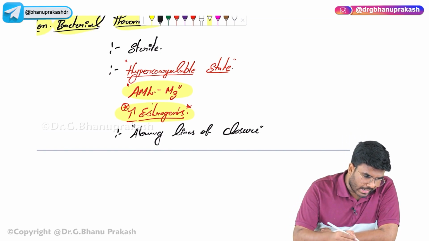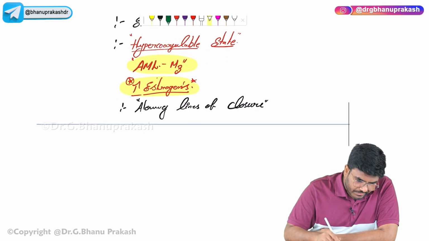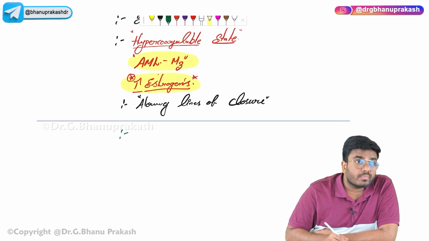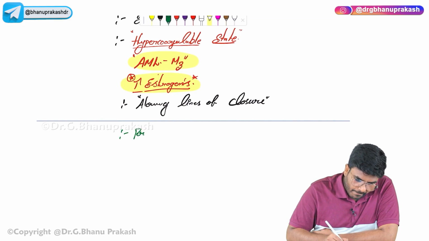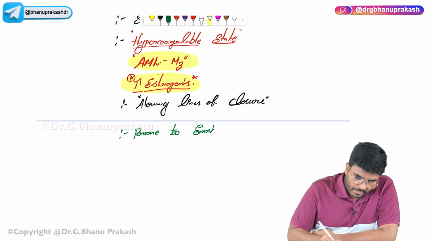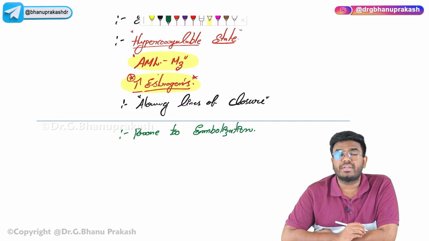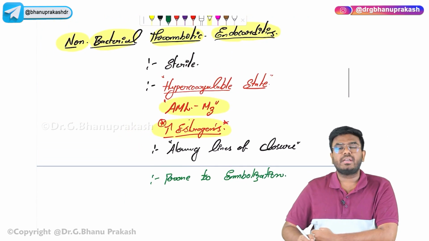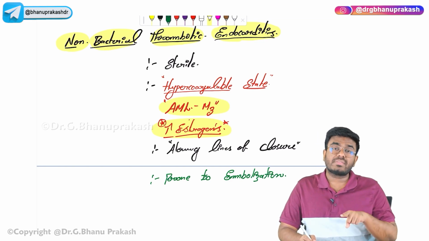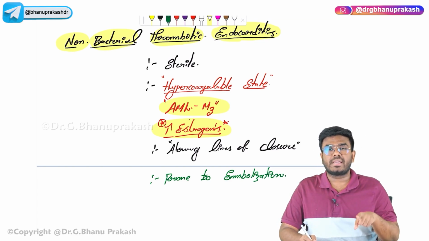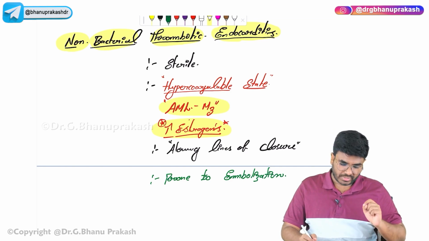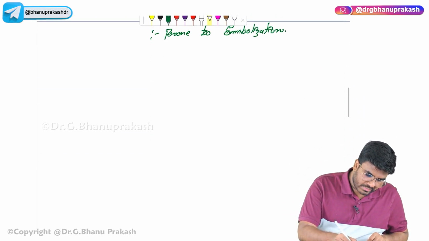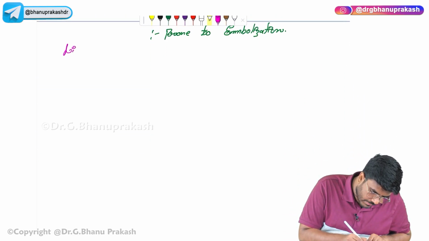So, will they undergo embolization? Yes, they are prone to embolization. They will detach and cause embolization. So, non-bacterial thrombotic endocarditis is completed. Remember, it is because of the hypercoagulable state, because of some cancers like acute myelogenous leukemia, M3 variant. And the last one which we are left with is